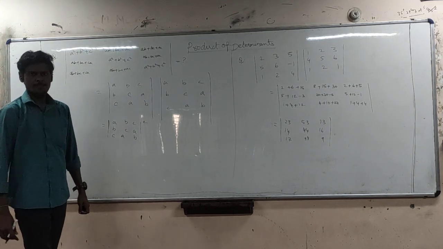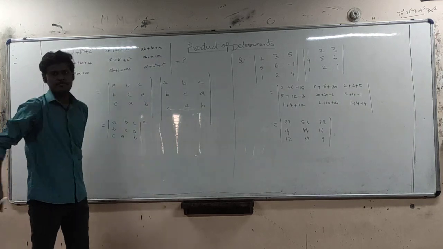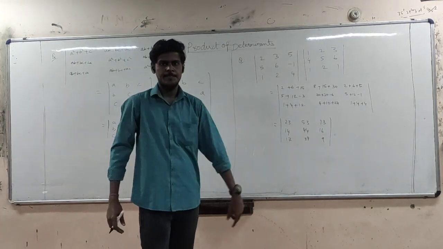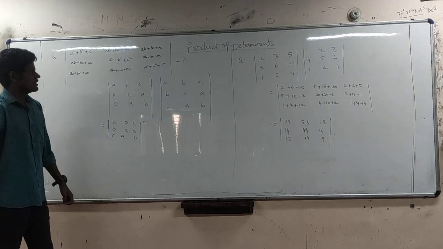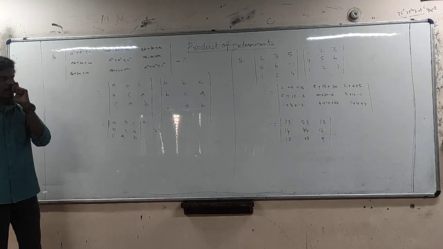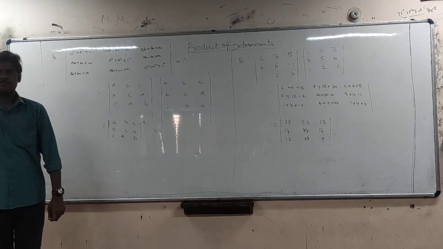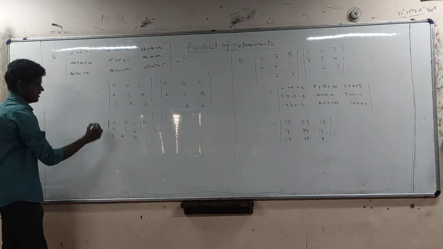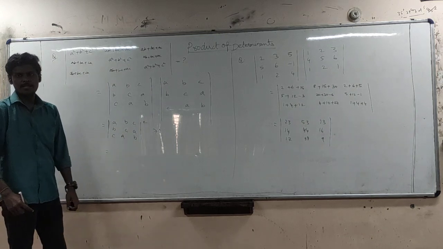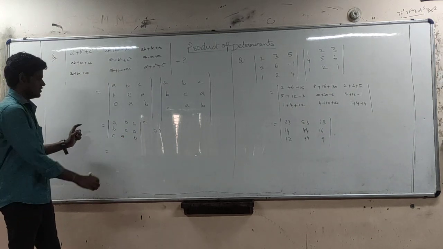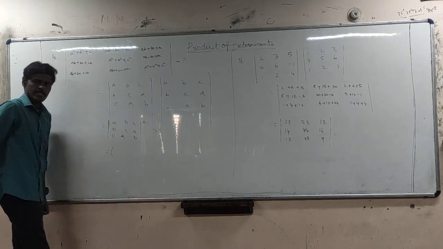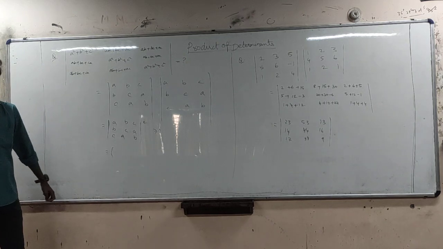Fine. A question can come like, what is the value of the determinant? Either positive number or negative number, 0, none of this. As this is a perfect square, this value is always greater than or equal to 0. And also a question can come like, what is the value of this? This is a standard determinant. You can write the value directly. Otherwise, you can also use expansion and find the value. For JEE, remember this value and write directly.